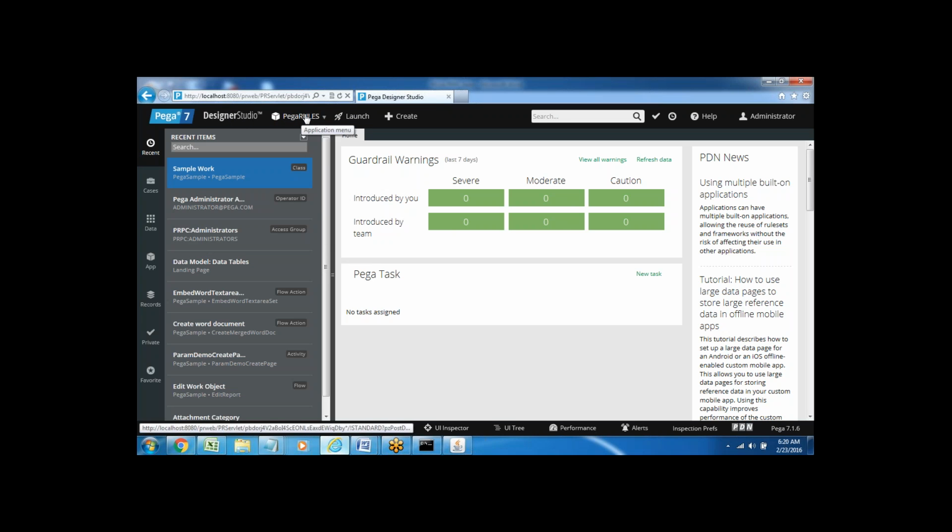Next, here we can see the application menu. It shows your application information, meaning the name of the application. You can see here PEGA rules is the default application name for the default operator ID. When you configure a new application, that new application name will be displayed here, and if you click on that menu, you can see the application information. And generally